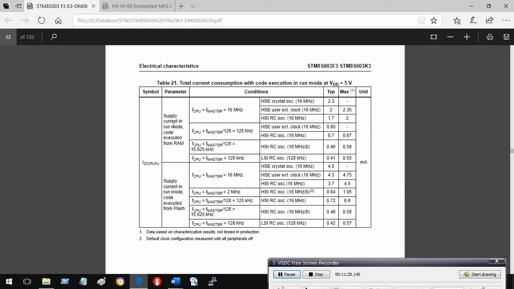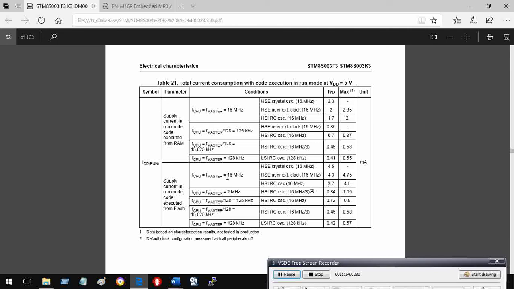There are two options. Either the code is written in RAM, and from RAM it will pick up the code and execute. But what we are going to do is use flash, which is a part of the microcontroller, in the run mode.